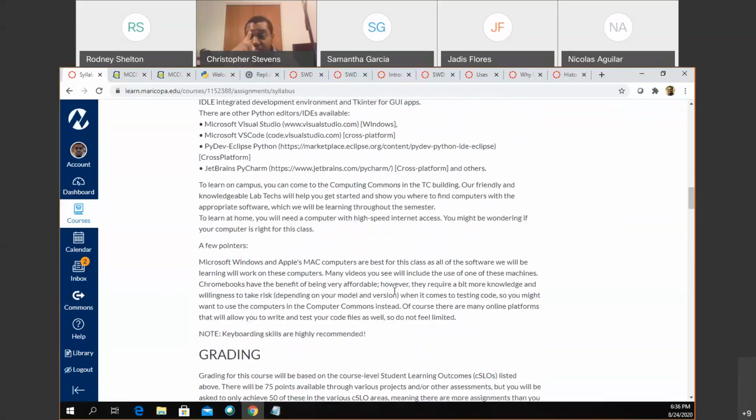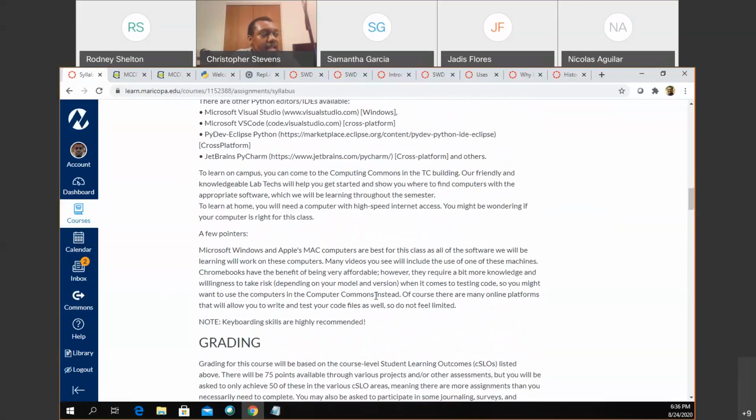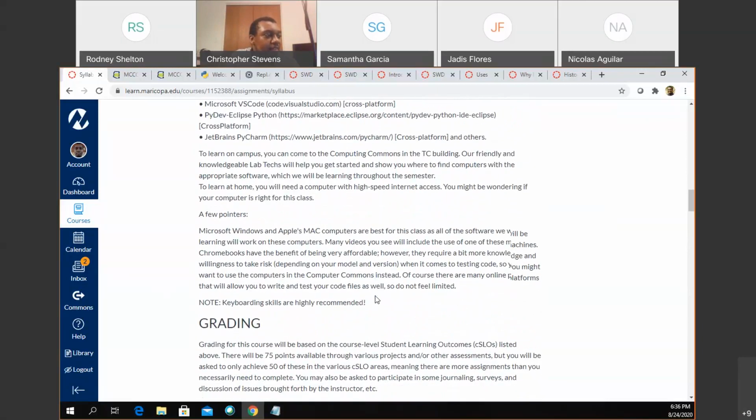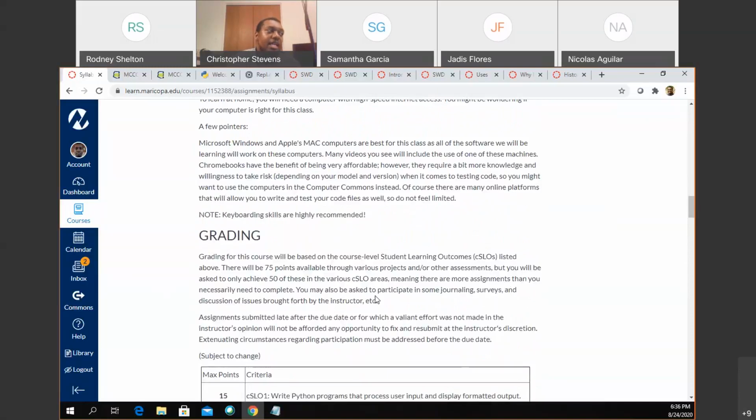But the Computer Commons, if you don't know where that is, that's located in the TC building on campus. Again, they will be available for limited hours and days, with a limited number of computers. They do have Mac computers and Windows computers there. If you are using a different machine,